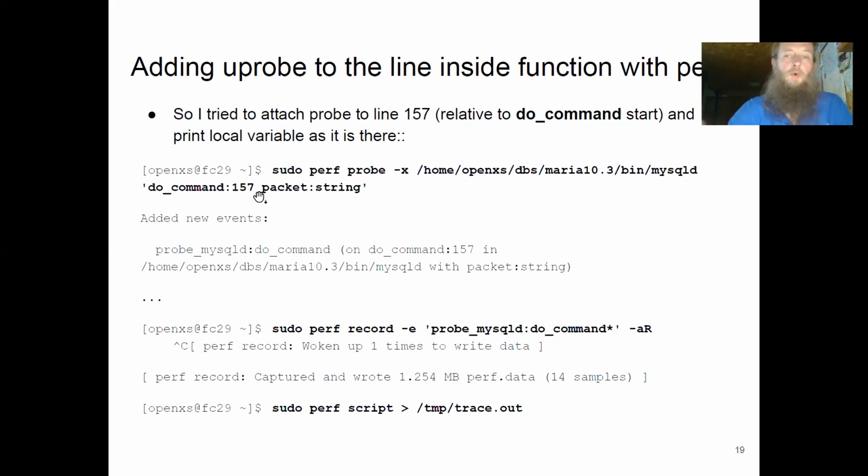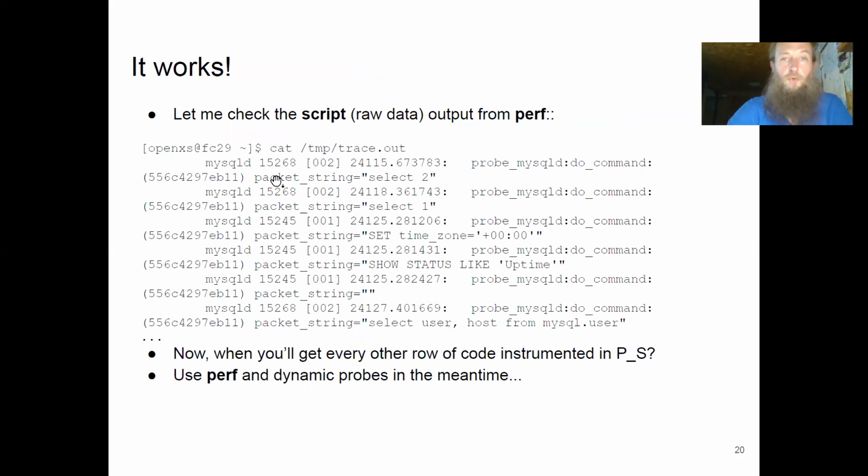So, sorry, the command was at that moment kind of statement executed. So I do not need the command, but I need a packet that is already there. So I've added this probe, I've recorded, I've processed with perf script and got MySQL statements the same way. While there is nothing new in this specific case, what I've got from this experience is that actually I can